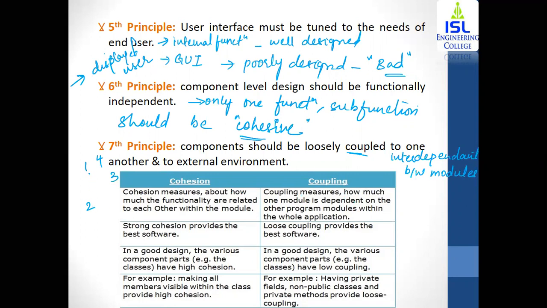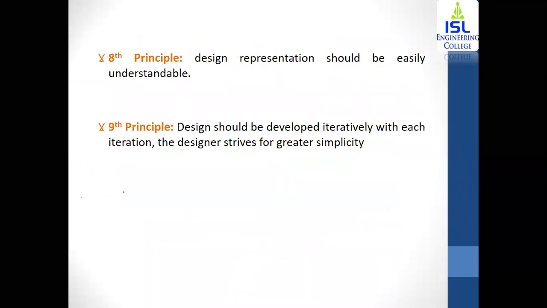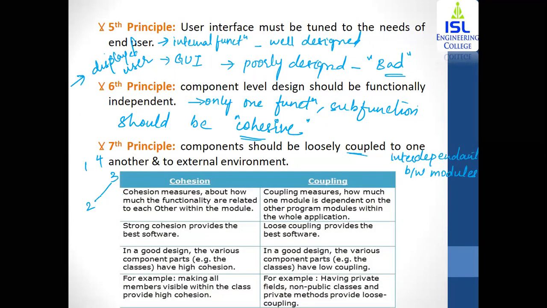Now, to complete its task, the fourth needs input from the third component. For the third to complete, it needs input from the second, and the second also needs input from the fourth. That is, each and every component is dependent on the other components. So the coupling should be as low as possible whenever you are designing the software.